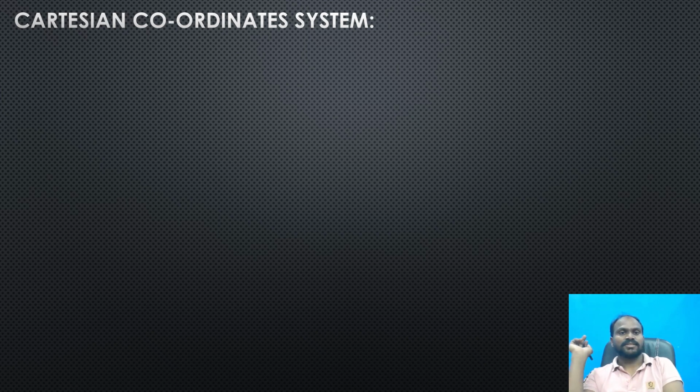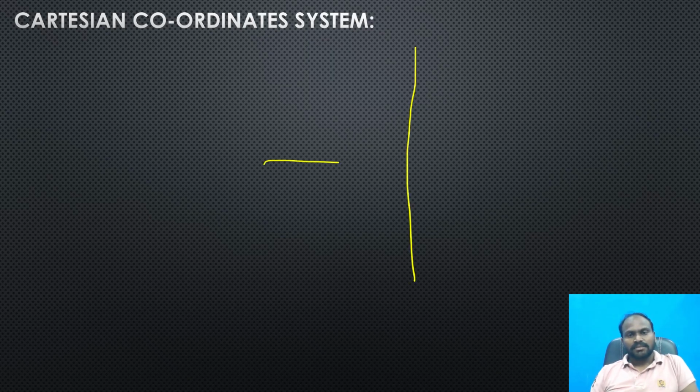Hi students, in this video we're going to discuss the coordinate system, I mean basically coordinate geometry. So in coordinate geometry, first of all you should know what a Cartesian coordinate system is. It is a combination of the x-axis and y-axis, where all the